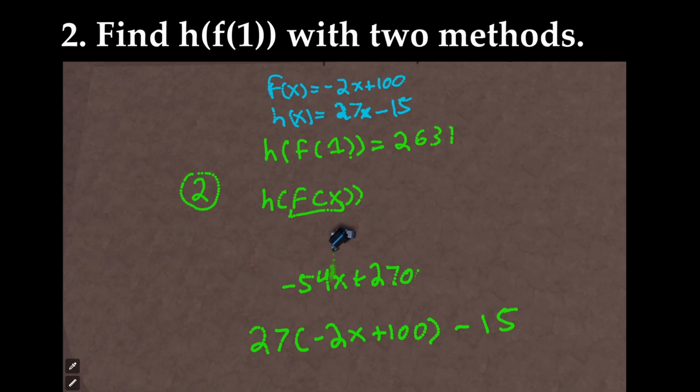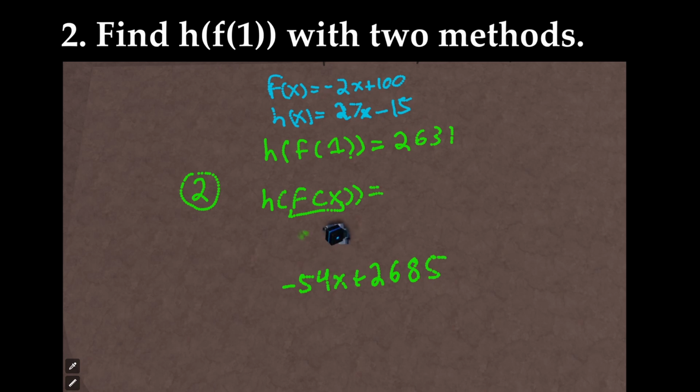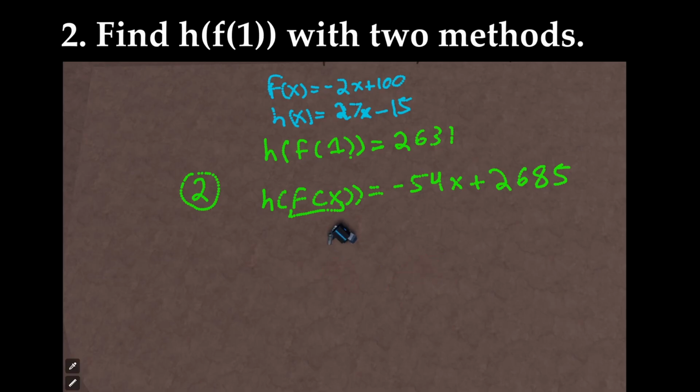And then we have minus 15. And then do 2700 minus 15. And if you do that, I think that is 2685. So this is our function. h of f of x is equal to minus 54x plus 2,685. Now, all you need to do is, if you want to find h of f of 1, just plug